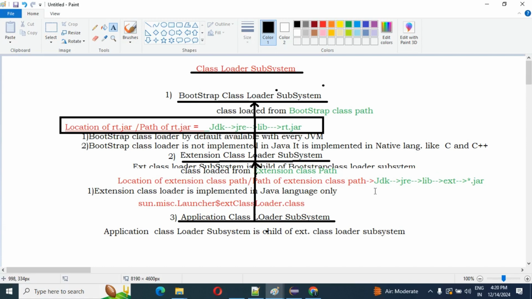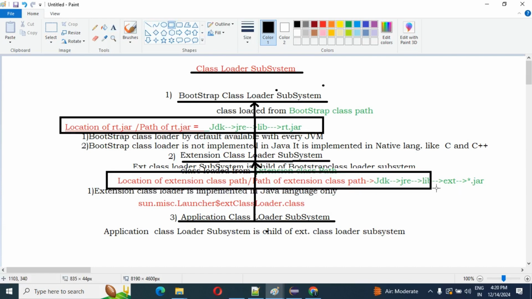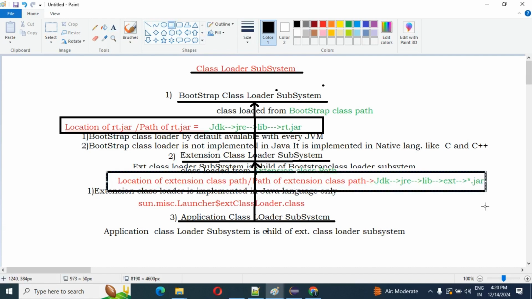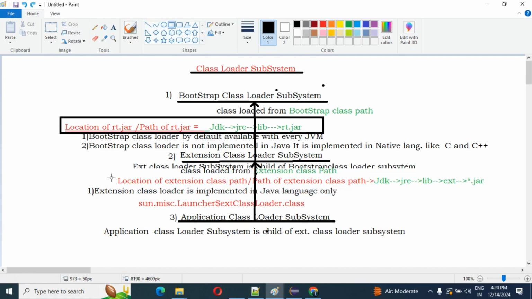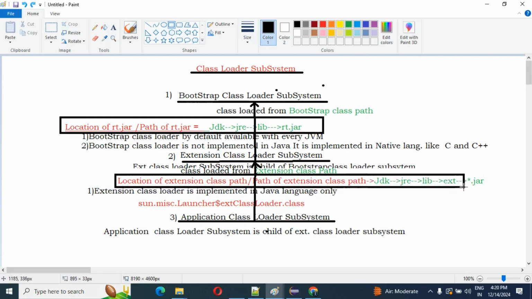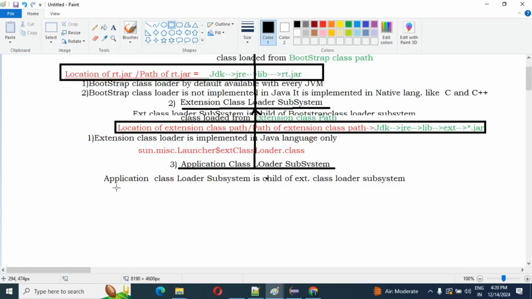At this point you need to remember this, guys, and keep it highlighted. Okay, that is our first point.